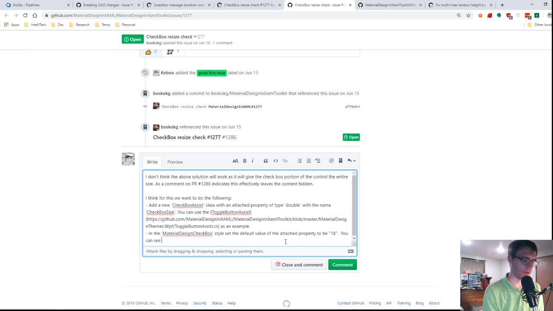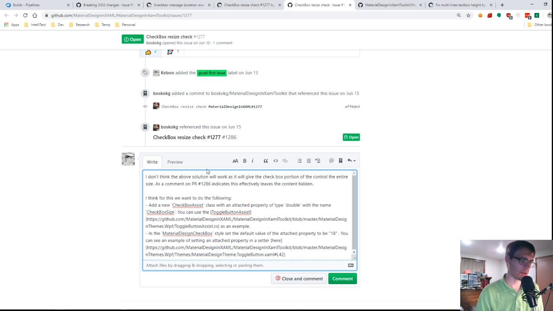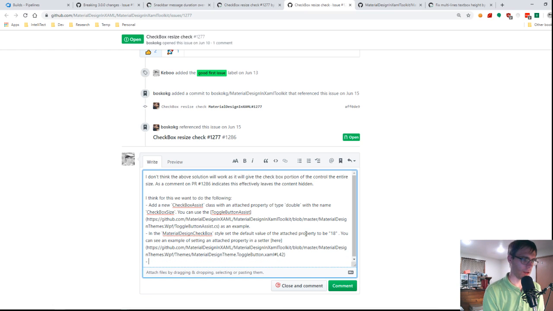You can see an example of setting an attached property in a setter here. Hopefully this comment doesn't get stale. Let's see. And then finally,